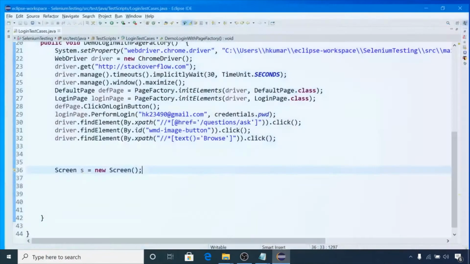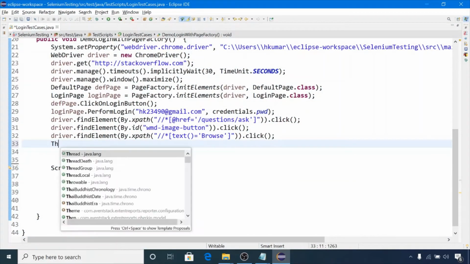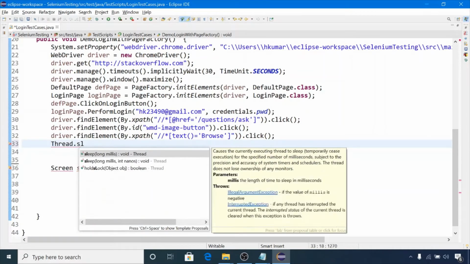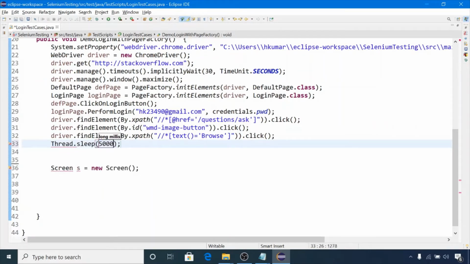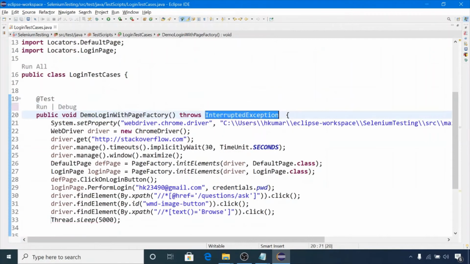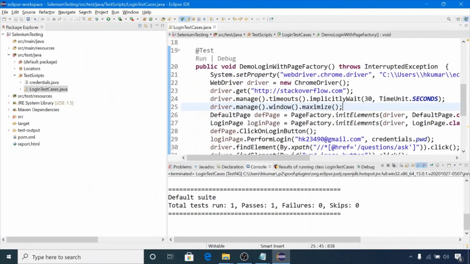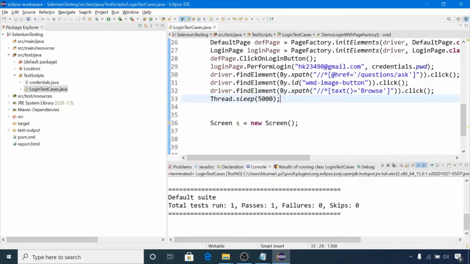Let me put some wait here so that we can check that it's launching the Windows UI. Click on add for declaration; we added one exception here, that is throws exception.